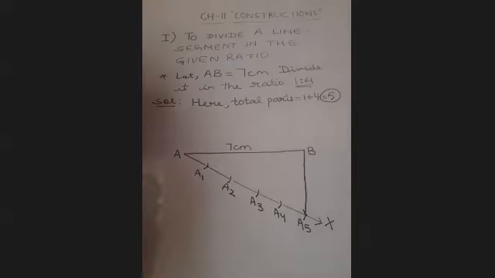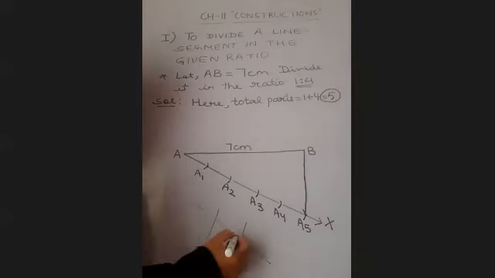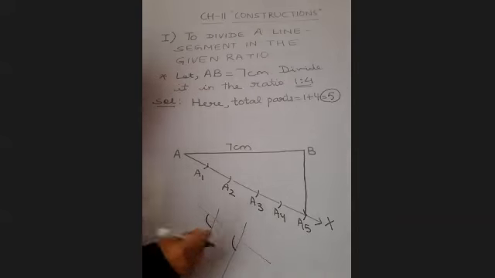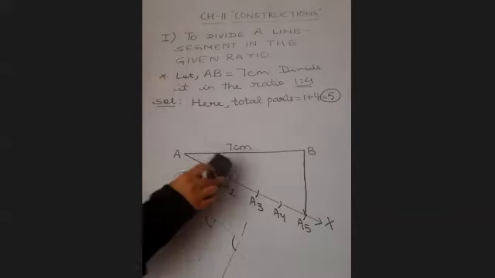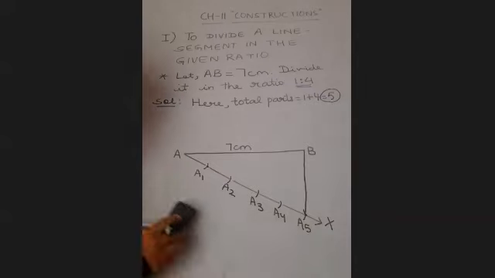Now we know, children, if these are two lines and there is an angle like this, what is the name of these angles? Corresponding. Corresponding angles are equal, then what happens to the lines? Lines are parallel. Very good. So we are going to keep this concept in mind. We are going to draw corresponding angles equal. And to draw equal angles, what is the procedure?